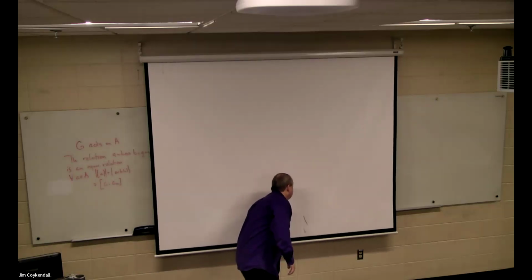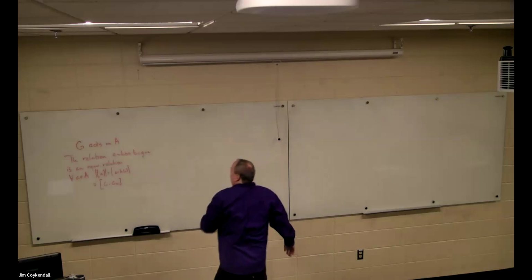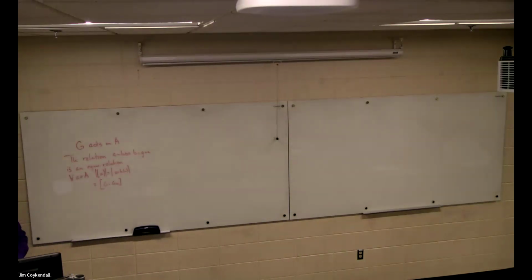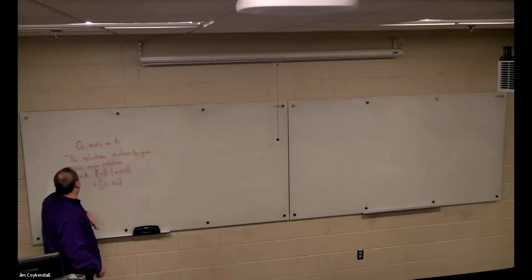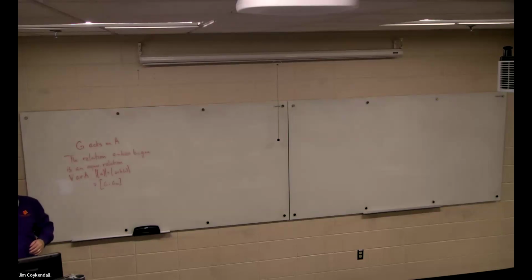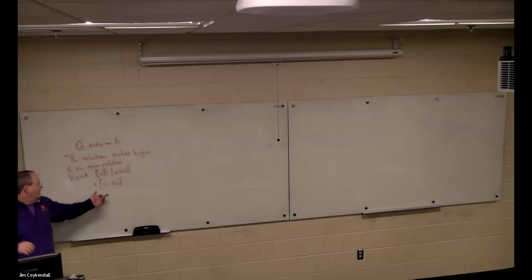Okay. So this is what we were working on last time, this business with the relation. So you have a group G and it acts on some set A. Then I declare the two elements are related, A is related to B, if B can be realized as G acting on A for some G in G. This forms an equivalence relation. And we proved last time that this, in fact, indeed was an equivalence relation. And what's left to us is this last bit. This is the